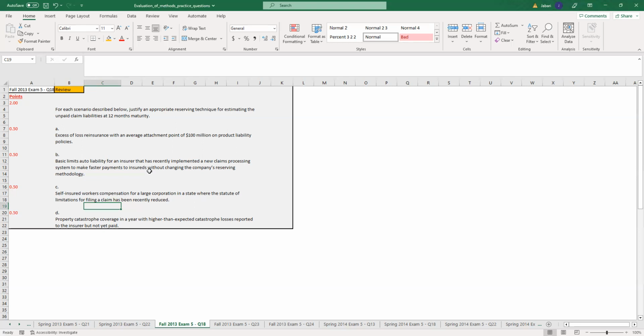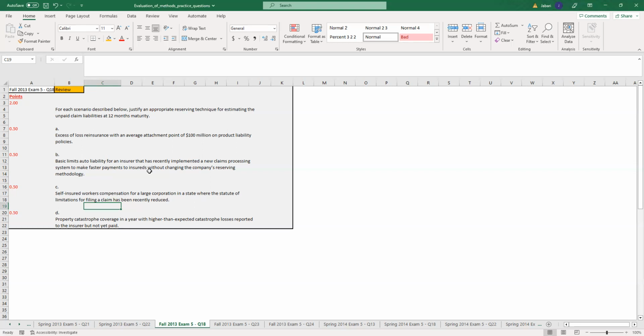In this case, either the expected claims method or the Bornhuetter-Ferguson method would be okay because there is that higher than expected. Actually, no, the Bornhuetter-Ferguson technique for the reported would be best here because there is an increase in loss, and you don't want to just ignore that completely. If there's actual losses that are larger than expected, that should be put into your estimate. And using the BF technique, if it was in the last year, it should be able to adjust for it properly for the next 12 months. So BF would be